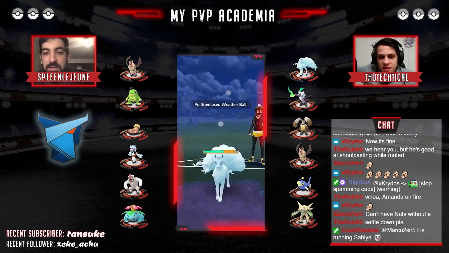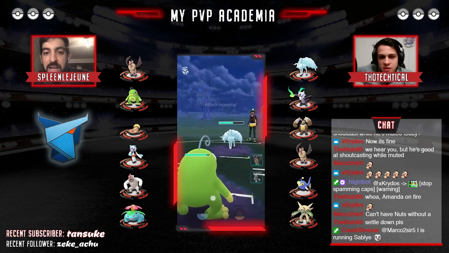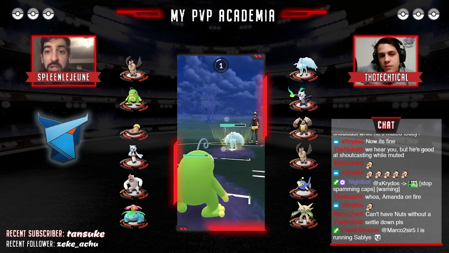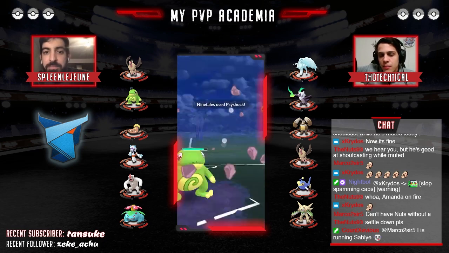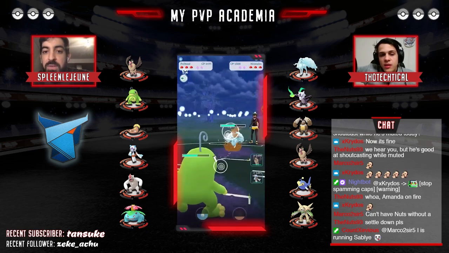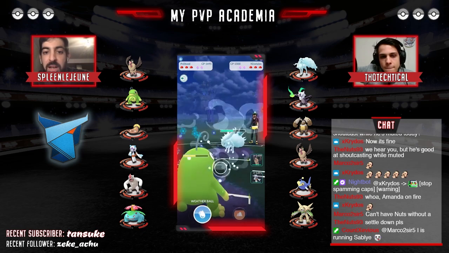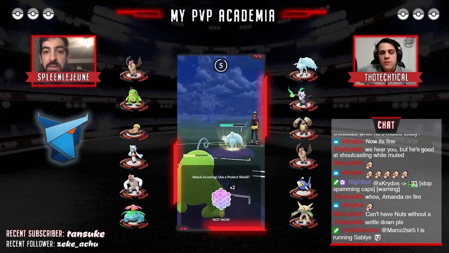Let's see how this goes. Opponent decides to stay in, take the weather ball. Exactly. So this is going to be, oh, this could be a Psy Shock, or Dazzling Gleam. Oh, it's a Psy Shock, letting that go because he knows he can tank it, and he's going to charge up again,